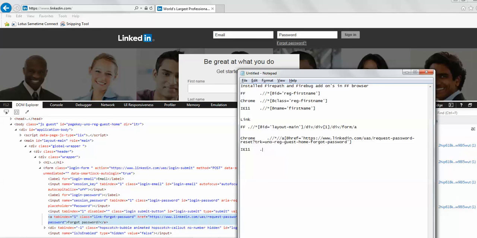How we are doing is, again start from the root node and come to the anchor tag and check for something which has got text of, give the text in a single quote, forgot password.